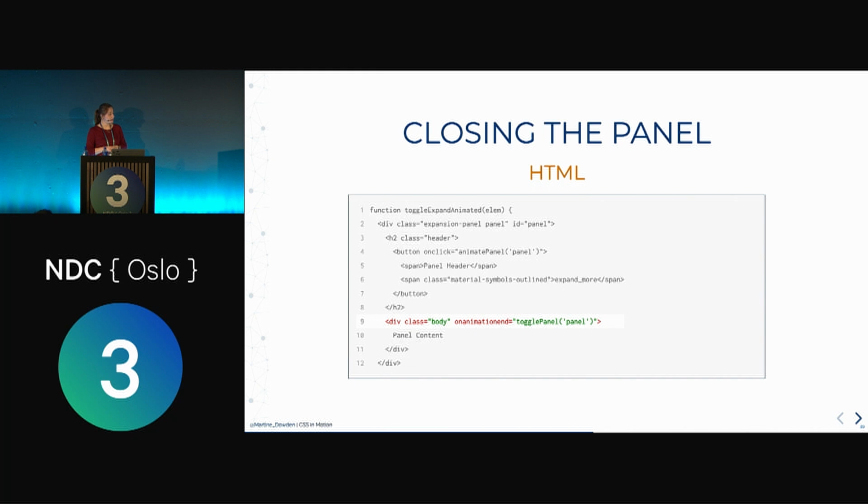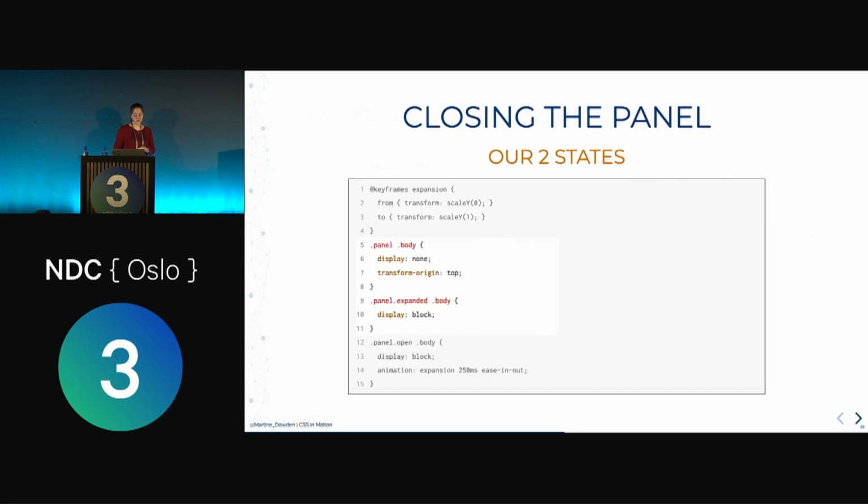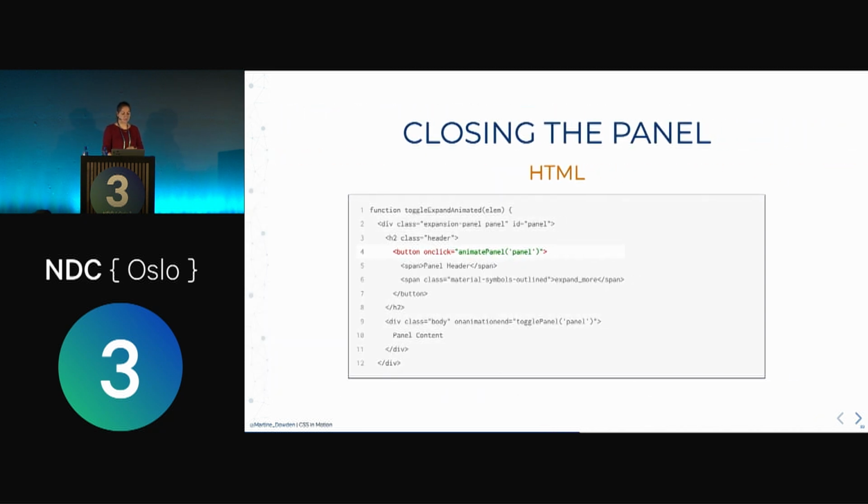And that's because when we open and close our panels and we have our two states, when we run the animation, what's going to happen is if we try to close that panel, we're going to put that display none immediately, and our animation is never going to run because display none is going to remove the stuff from the DOM immediately, and we're not going to have the opportunity to run our animation. So we're going to have to wait for that animation to be over in order to be able to apply our display none. So this is where JavaScript comes into play,